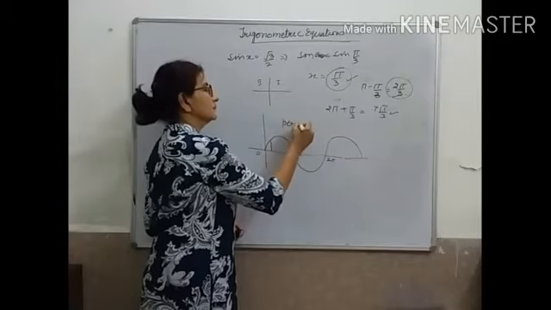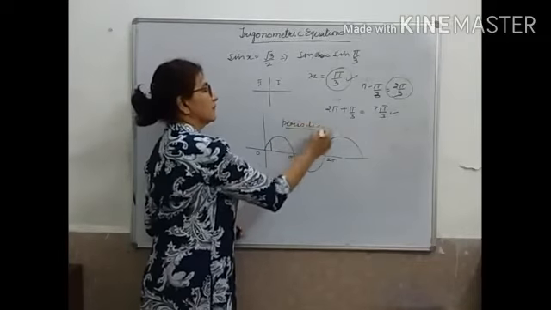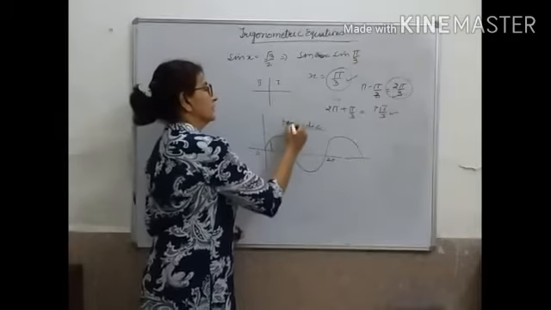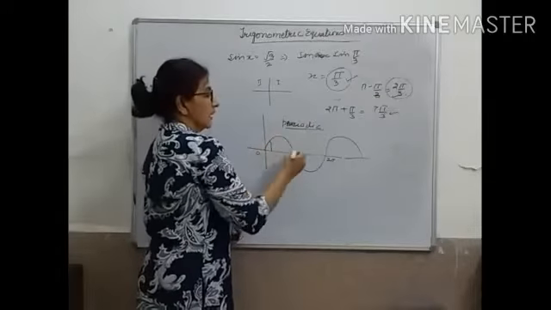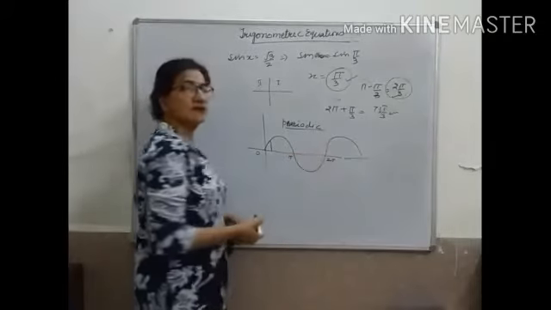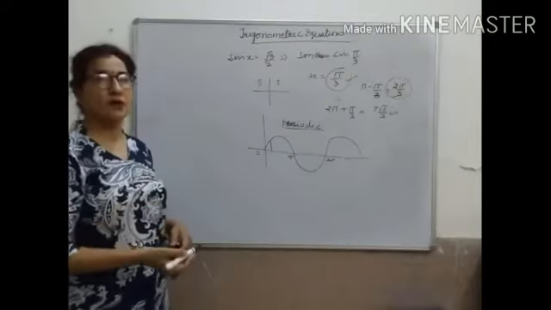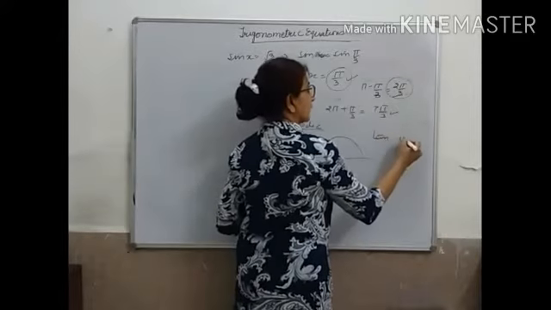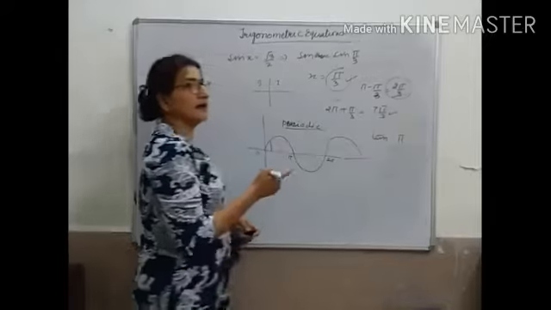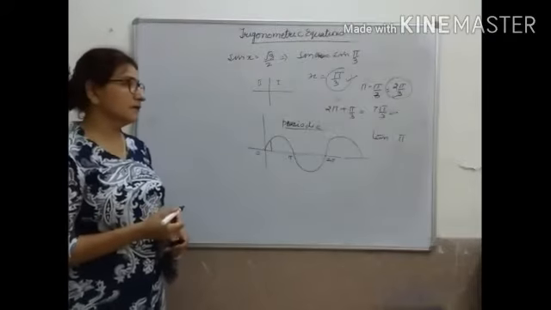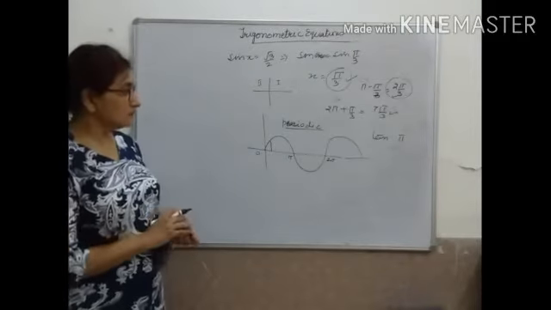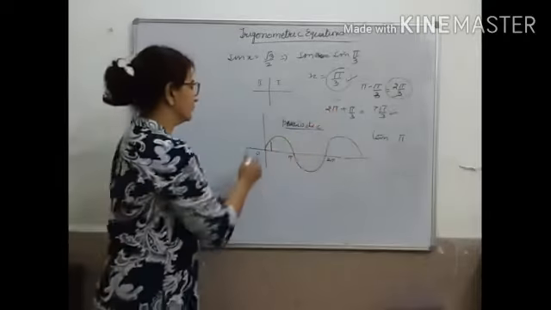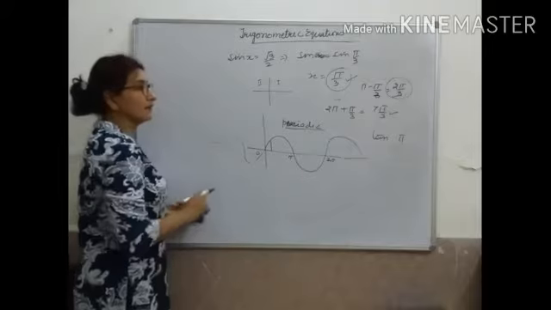Periodic function, not your chemistry periodic table, okay? My spellings are wrong, I think. Periodic functions, and the periodicity is 2 pi. What does it mean? That after 2 pi sine and cos start repeating. Similarly, the periodicity of tan is pi, okay? After pi it starts repeating in tan. So the point is it will start repeating, so it means it will have many values. Similarly on this side also it will have many values.